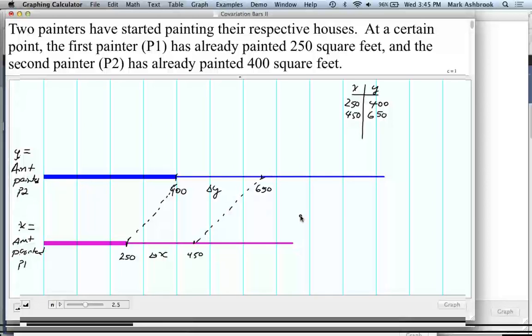Okay, let's hear some. Now we have some more information. Let's hear Anna. What did you guys talk about at your table? They think that it's not proportional. When you say it's not proportional, what's it? So painter 1 and painter 2, those aren't quantities. What quantities are you talking about? The square feet painted by the painters. Okay. So we had kind of concluded that before. So you're saying that this confirms it even more? Okay.